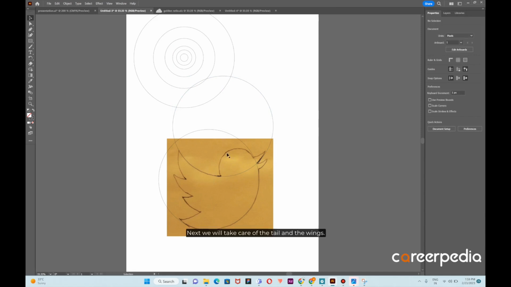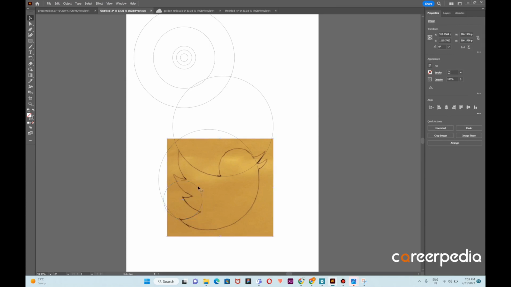next we will take care of the tail and the wings. So a slightly smaller circle. I think this will work. So one over here, and one over here, and one over here,